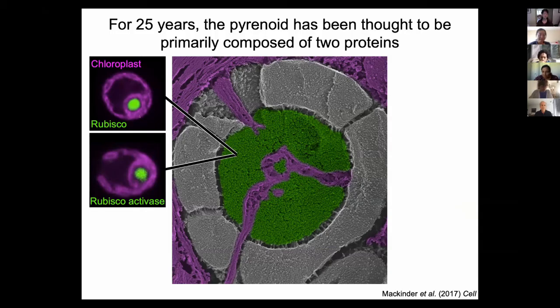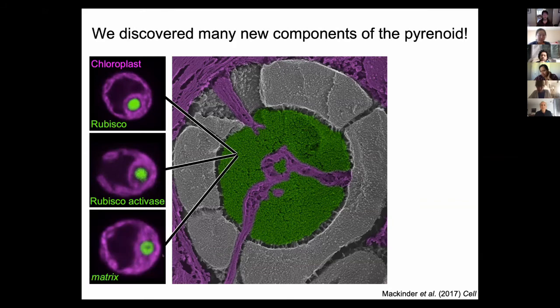In these confocal microscopy images, the fluorescently tagged protein is shown in green, and the surrounding chloroplast is shown in magenta, visualized through chlorophyll autofluorescence. You can see that each of these fluorescently tagged proteins localized to a bright punctum in a hole in the chlorophyll autofluorescence, which corresponds to the pyrenoid matrix. And so you can imagine that we were thrilled when we started to see other proteins that also localized to the pyrenoid, like this protein, which also localized to the pyrenoid matrix, or other proteins that showed new, previously undescribed